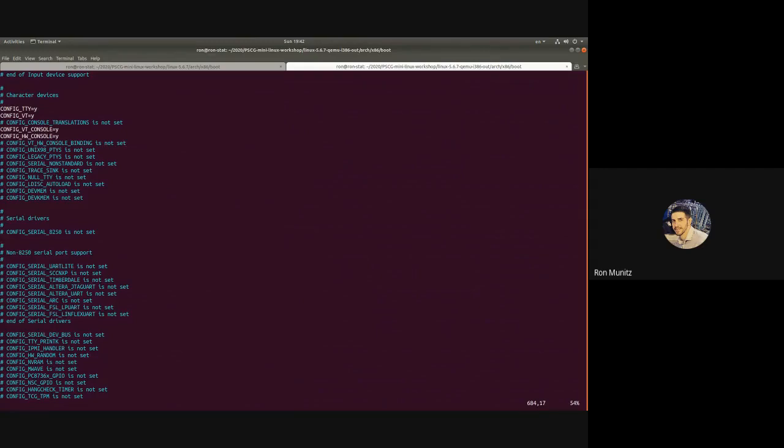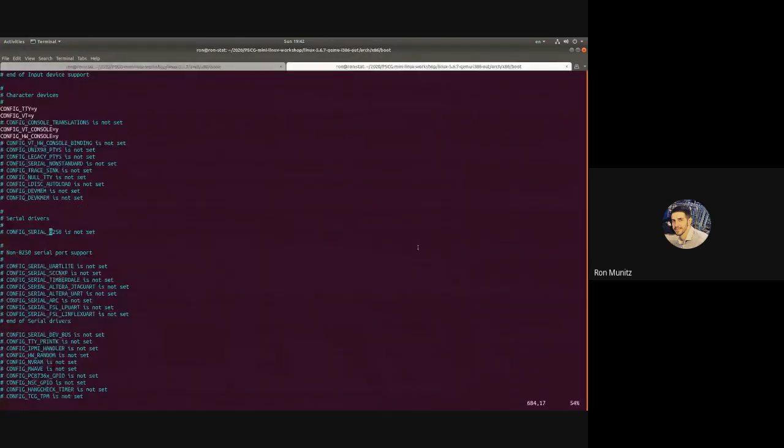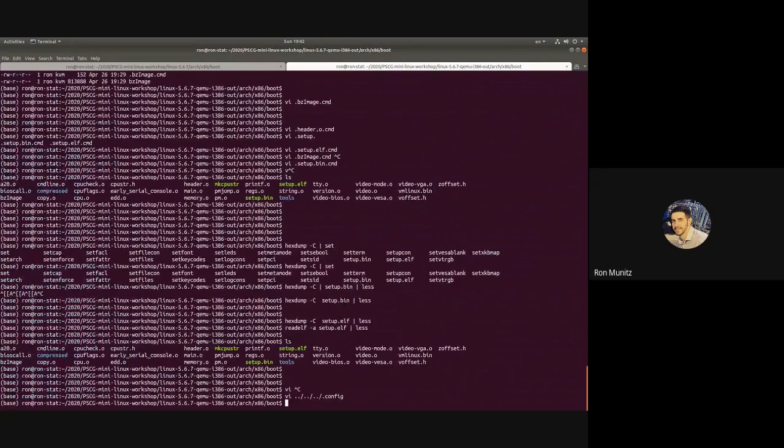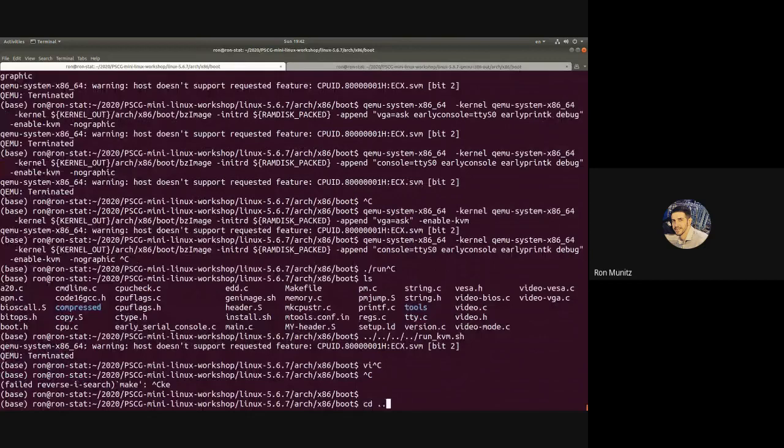I added it to my build config. In this particular branch, it did not include support for serial. So I'm going to fix it in a second. First of all, it's a nice exercise to see how to debug things. And the second thing is that